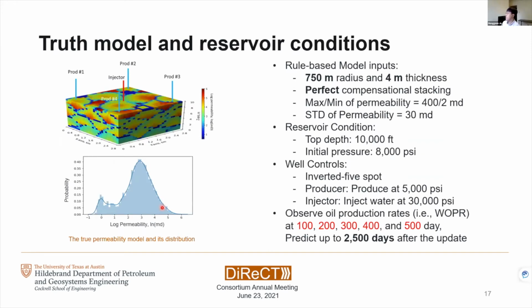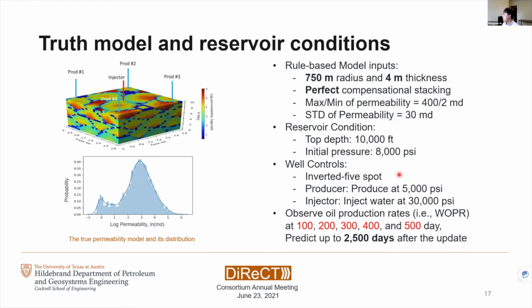Here is one demonstration. On the left-hand side, we are looking at the 3D rule-based model, which is the truth model. And then in the bottom, we have their bimodal permeability distribution. For building this rule-based model, we assume a 750 radius and a 4-meter maximum thickness of the lobe element, with perfect compensational stacking, and the min, max of permeability and their standard deviation.